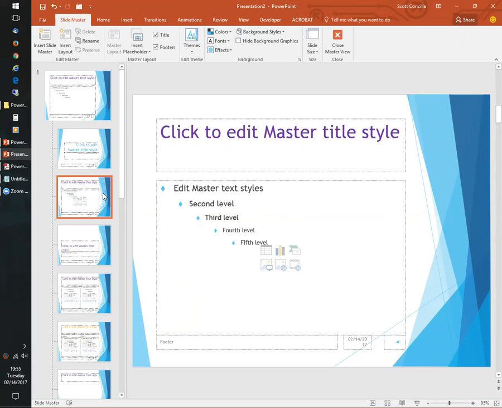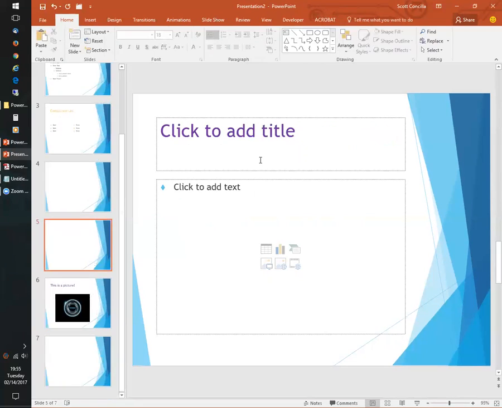Because what can essentially happen in a large presentation is you're like, okay, well, I'm only going to use this layout once or twice, and so you manually format it. The problem is that if you use that layout again and forget that in one case you used green and now you're using blue, they look inconsistent.